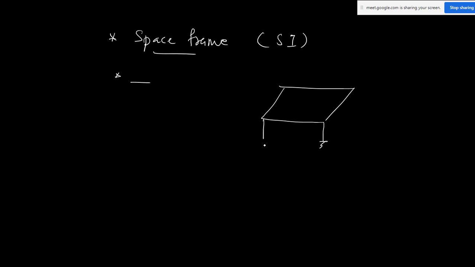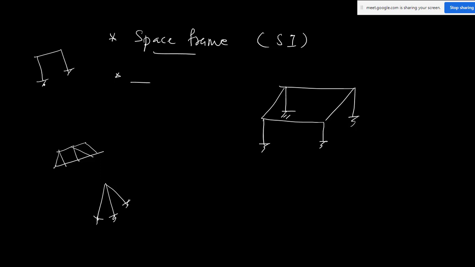Sir, there are generally two types of beams or frames you will get. One is pin jointed frame, that is a truss. It is a 2D truss. It can be a 3D truss like this, a tower structure. Similarly, it is a 2D frame which we solved in the class today. It can also be a 3D frame. There are two types of frame: one is called pin jointed frame, and the second one is rigid jointed frame.